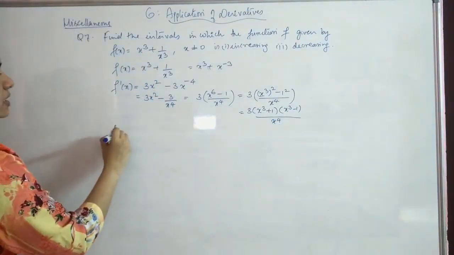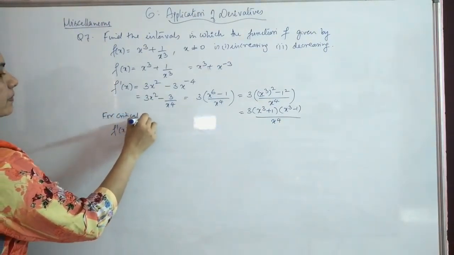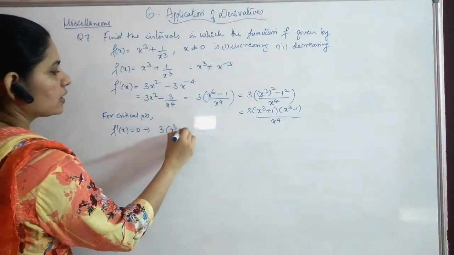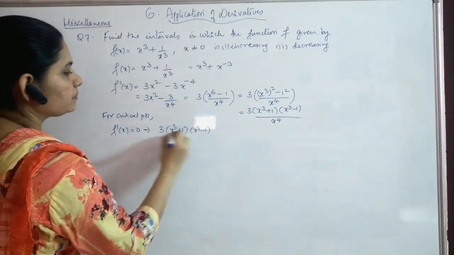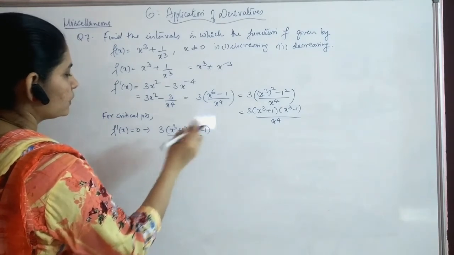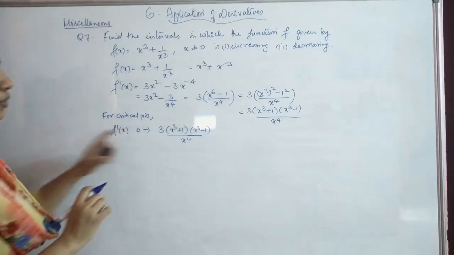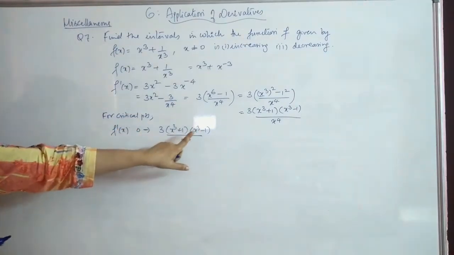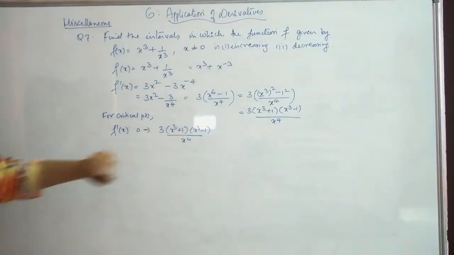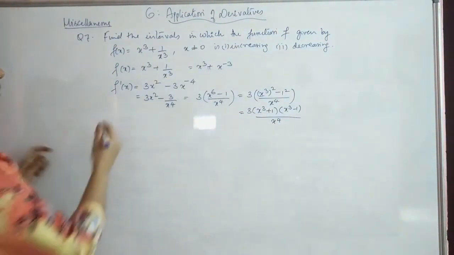Okay. So now equating f dash of x equal to 0 for critical points, what will you get? 3 into this whole term is equal to 0. Or I can say that f dash of x is greater than 0. When can it be greater than 0? When both these signs should be, both of them should be positive, right? F dash of x is greater than 0 when these are positive. I can just start with when it is increasing, then you need to find out.